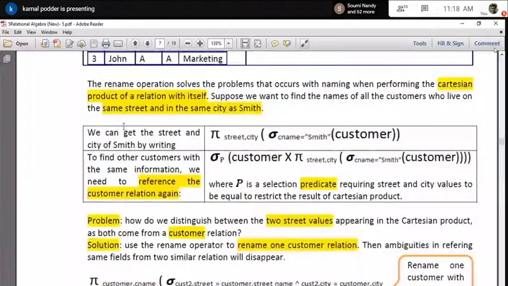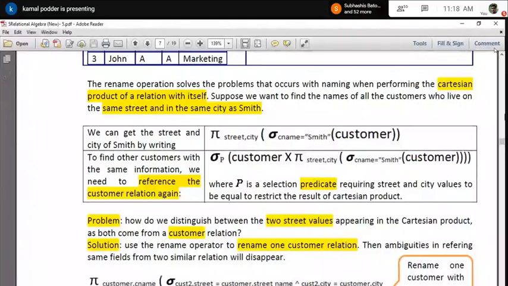Achha. The rename operation solves the problem that occurs with naming when performing the Cartesian product. Most of the cases we find that the Cartesian product results in a lot of columns which have the same name, maybe referring from the same table or a different table. Suppose we want to find, just take an example, then it will be more clear.